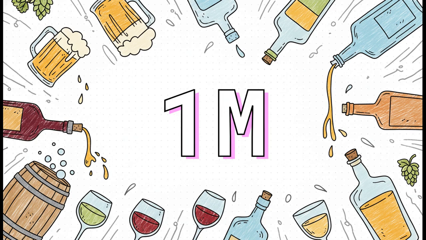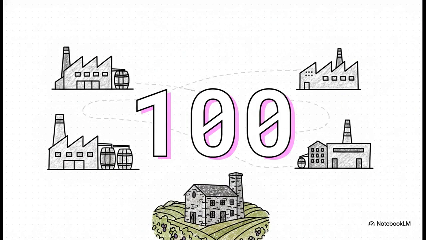I mean, whether you're making beer or distilling spirits, knowing exactly how much liquid you're actually selling, which is hopefully a lot, right, is the number one way to understand the sheer size of the whole operation. The second activity metric is super straightforward. It's just a quantitative count, the number of production facilities.